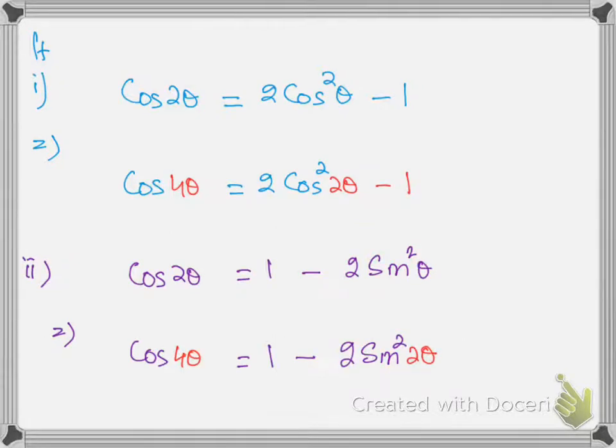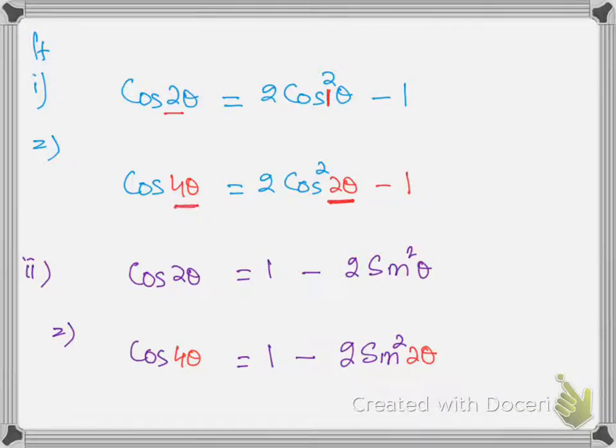Therefore, if you want to make changes in the angles, this is very simple. You can easily make the changes. See, this angle is 2 and this angle is 1. So if you want to write cos 2 theta, you should write 2 cos square 1 theta minus 1. For cos 4 theta, you should write 2 here. I mean, the angle should be half here.